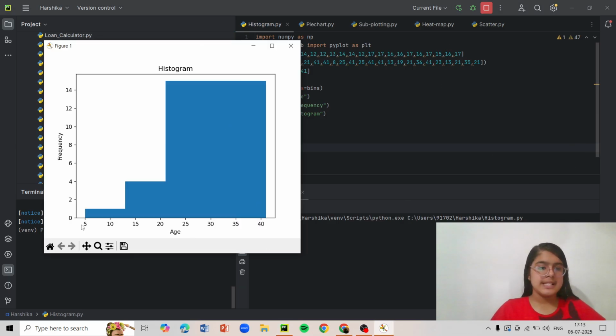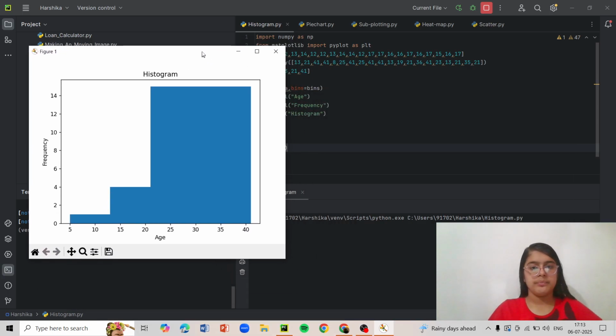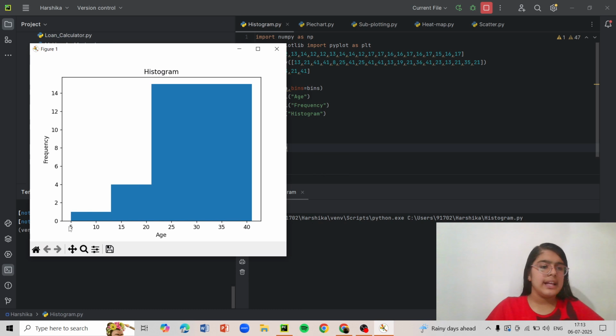So this, as you can see, is a histogram chart. I have made a histogram chart of frequencies. This is the age, in 5 years. I have written the x-axis as age. So there are 5, 10, 15, 20, 25, 30, 35 and 40. There are also numbers in between, but I've not labeled them. And then there is frequency on the y-axis. The frequency tells us how many times the age is there.